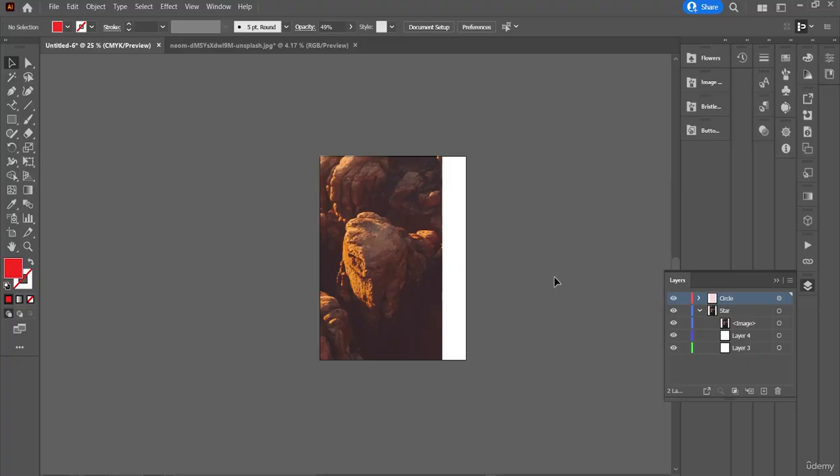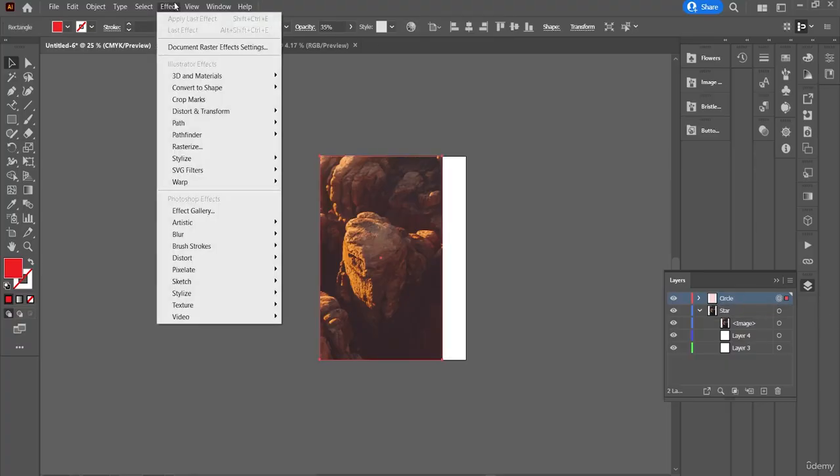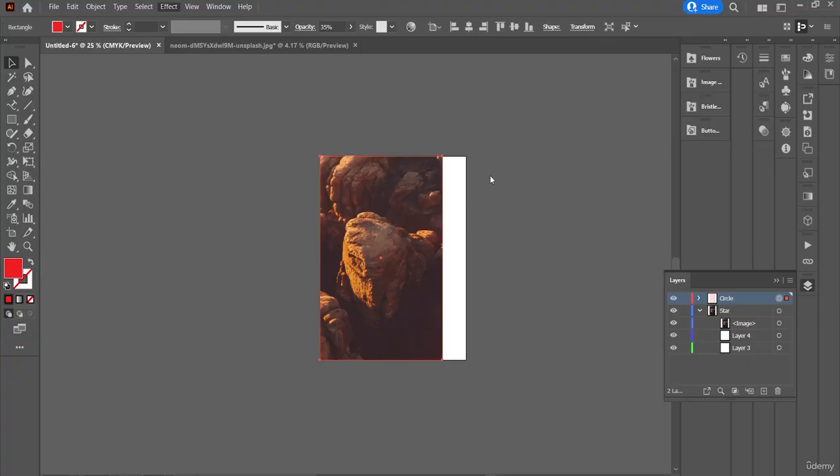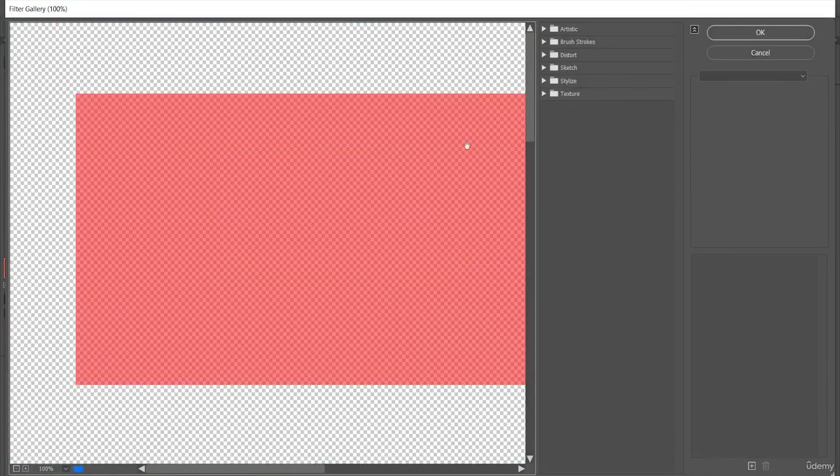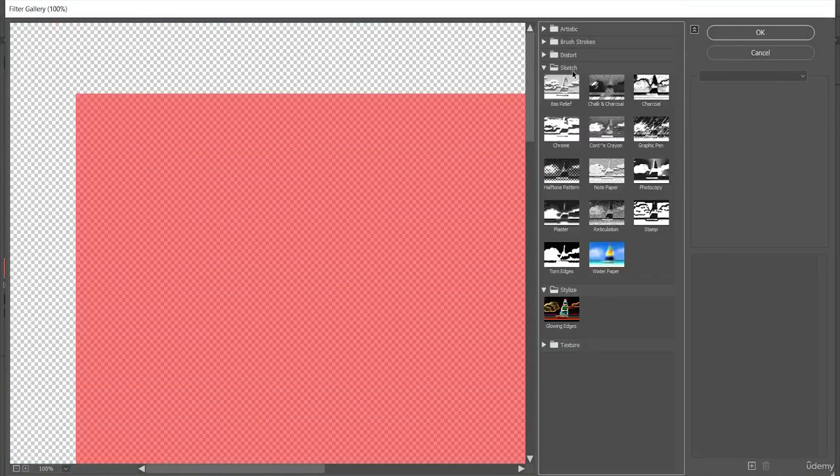Okay. And you can also apply different effects. Let's say on this layer of the circle, which we have over here, first select that object. I'm going to go to Effect, and then, let's say, Effect Gallery. You can see the red part, which is over here, and I want the red to be a bit, let's say